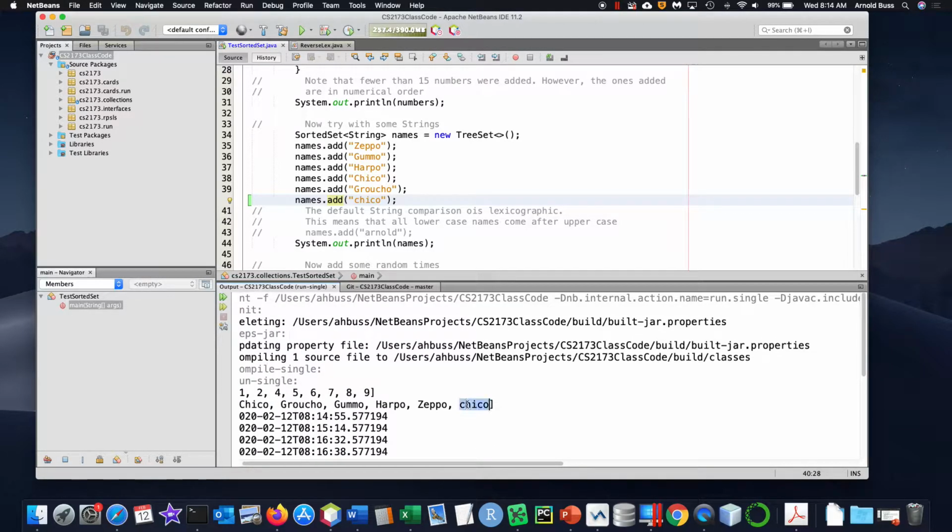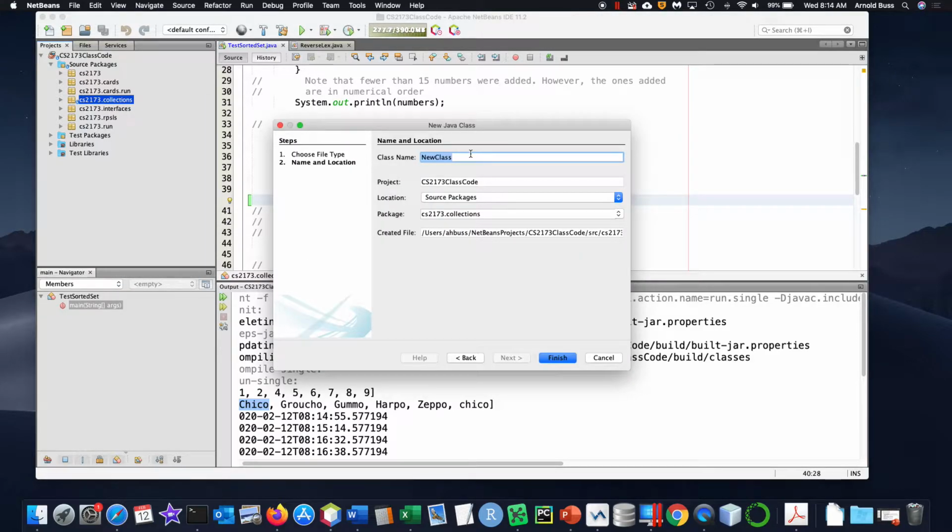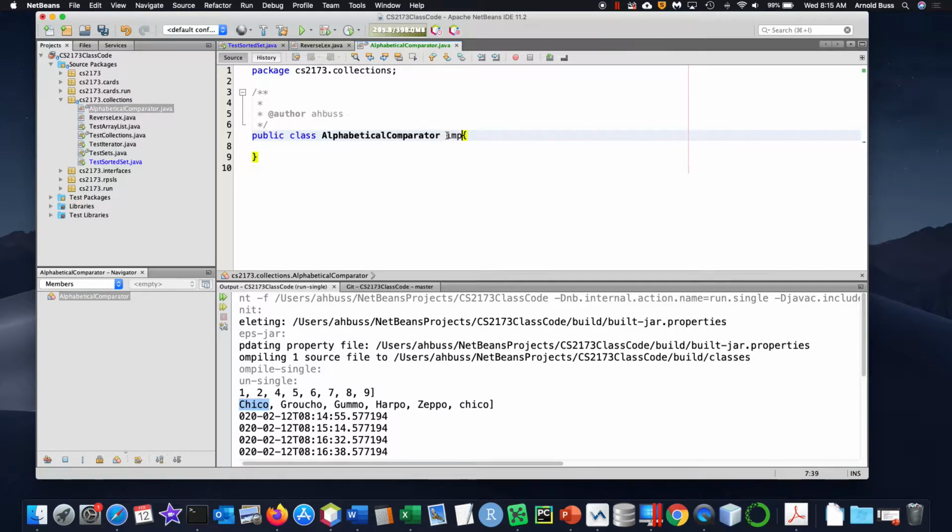But what if I want these to be together? Bless you. In other words, I want this to be with this one. Well, I'm going to have to do something else, another comparator, and so what I want is alphabetical, and let's see what we can do with that. I'm going to write, I'll call it alphabetical comparator, and it implements comparator